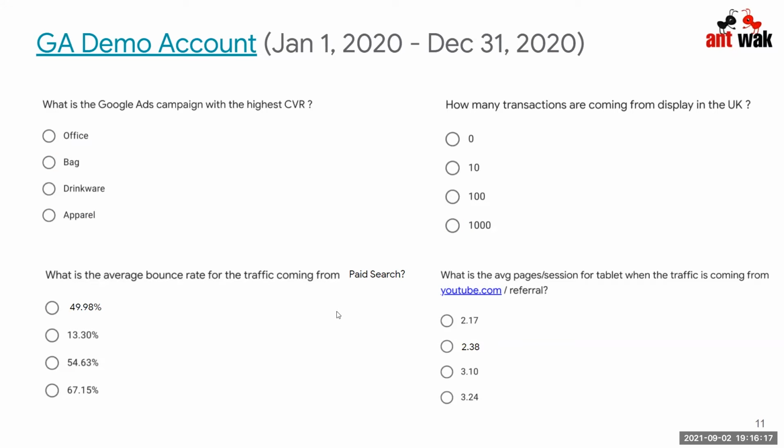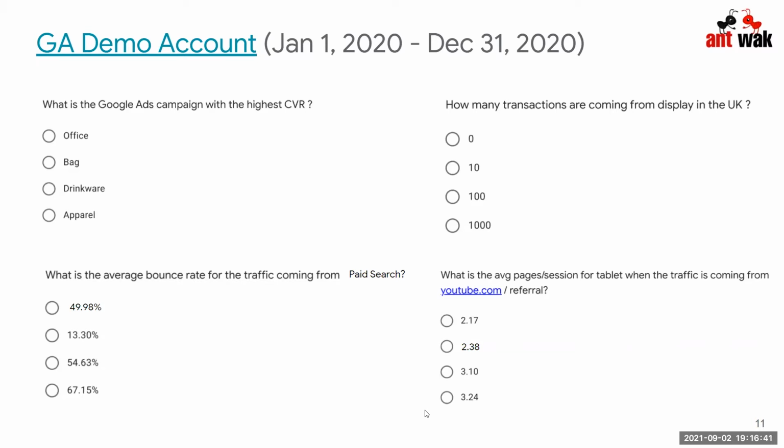Yep. So these are the four questions that we'll try to answer. Essentially, we'll take a demo account in Google Analytics, and I'll quickly start sharing my screen after this. We'll try to understand: what is the Google Ads campaign which generated the highest conversion rate within a given date range? How many transactions are coming from, let's say, a display campaign or display channel in the UK in a certain time range?